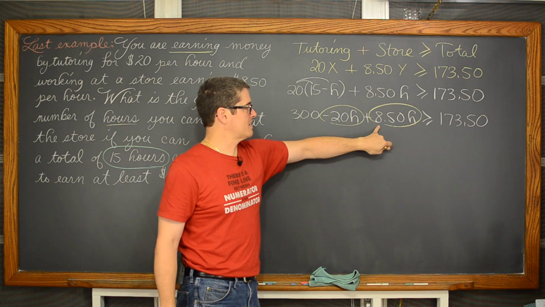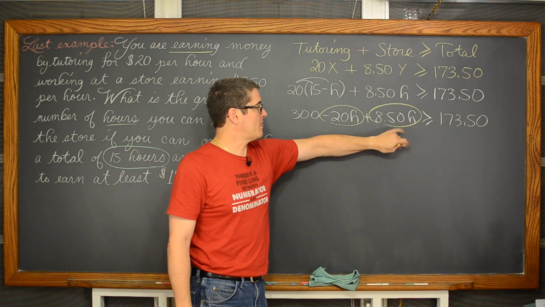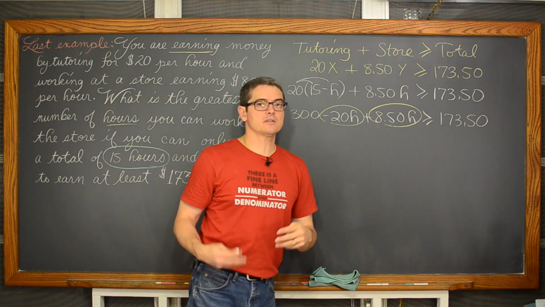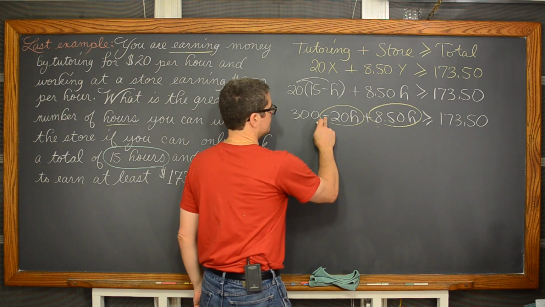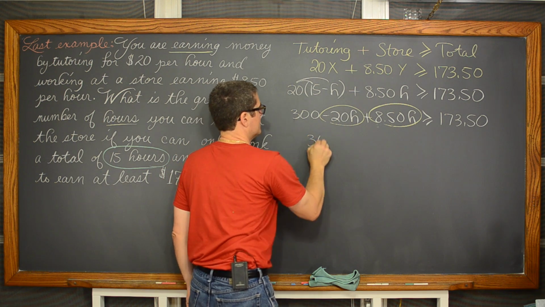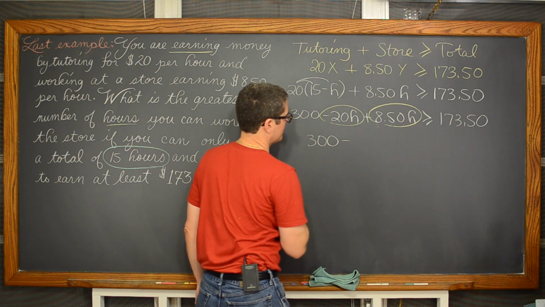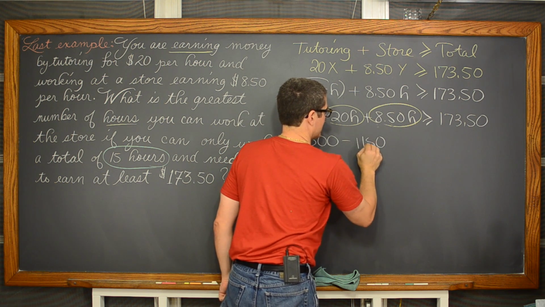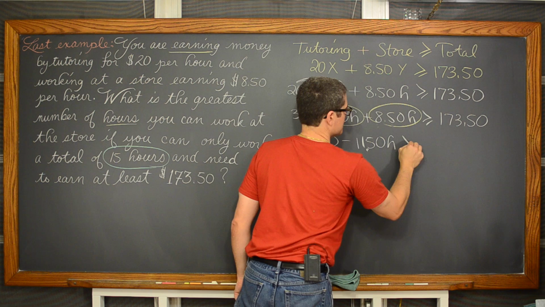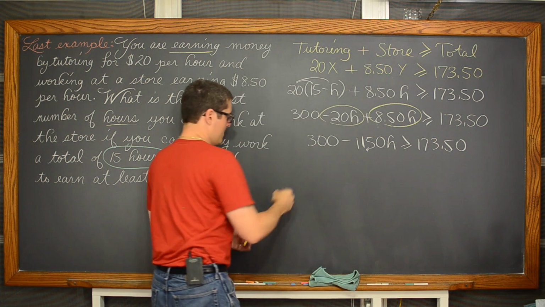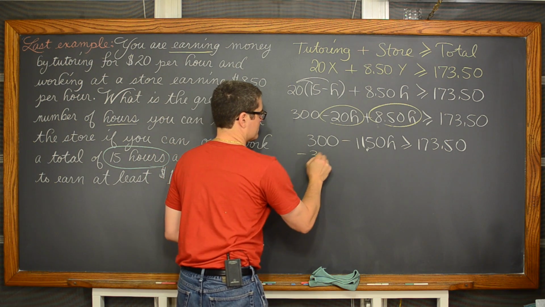Well, 20 minus 8 is 12, and 12 minus, if thinking of dollars maybe, if you have $12 and you spend another 50 cents, that leaves you with 11.50. But our bigger absolute value is negative, so it's going to be 300. Now that I'm talking, I hope I don't forget what I just said. Minus 11.50, don't forget the decimal like I just did. H is greater than or equal to 173.50.